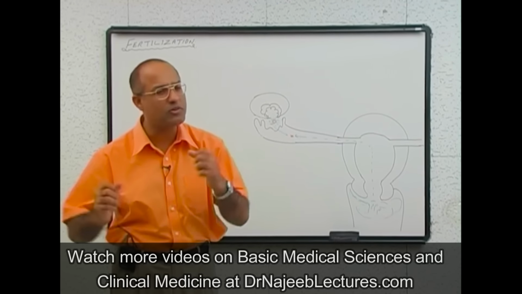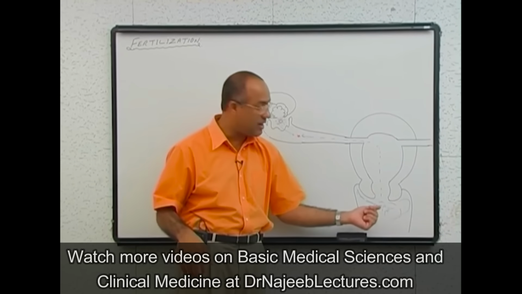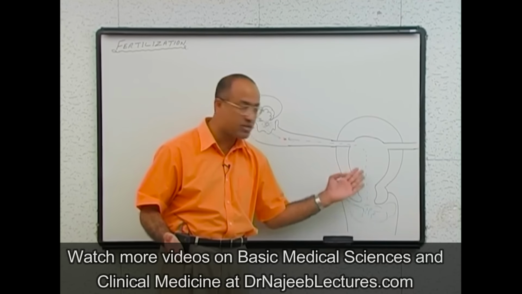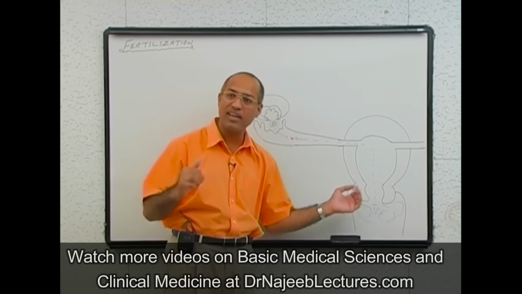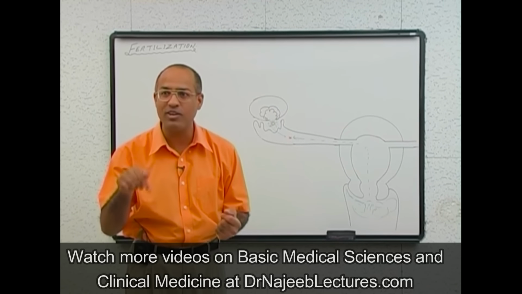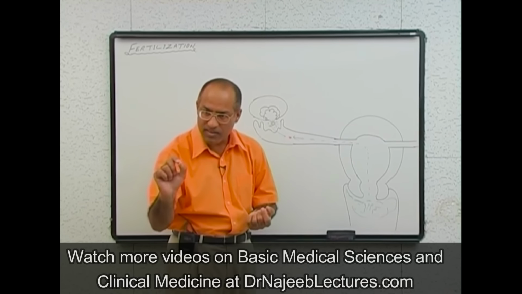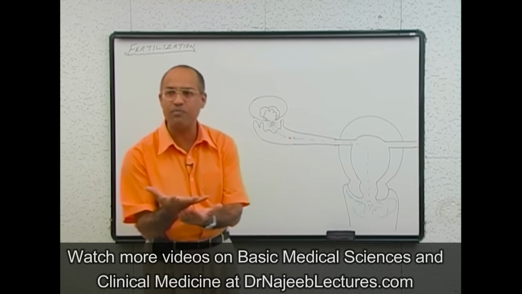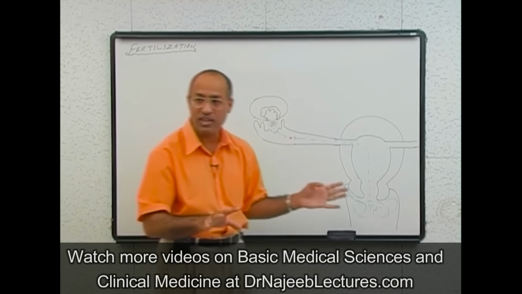You may be thinking, why is Dr. Najib so fussy about the small point that around the time of ovulation this becomes thin and stringy, and it favors the sperm movement and travel? Why am I fussy about that? Because when you go into higher classes, you will study gynecology. One way to know whether a female has ovulated or not is to check the cervix here. Doctors take a little mucus from the cervix and put it on a slide. If it is thin, stringy, and making a ferning pattern, they say she has ovulated. Is that right? Anyway, we will not go into detail.